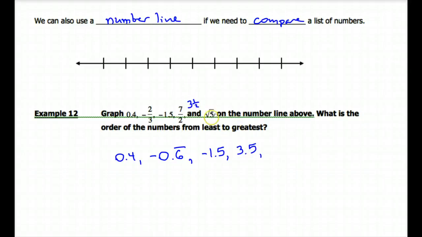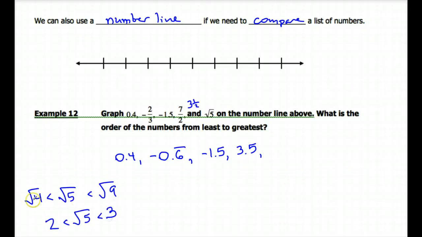And then last thing, the square root of 5, we'll just do that estimating trick again. We know it's between the square root of 4 and the square root of 9, so it's got to be between 2 and 3. And square root of 5 is pretty close to square root of 4, so I would say maybe 2.2, okay, 2.1 even, would be the square root of 5. So if I go fill out my number line now,